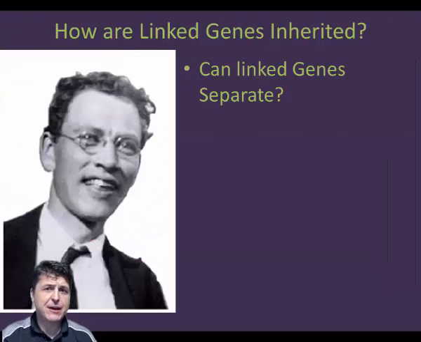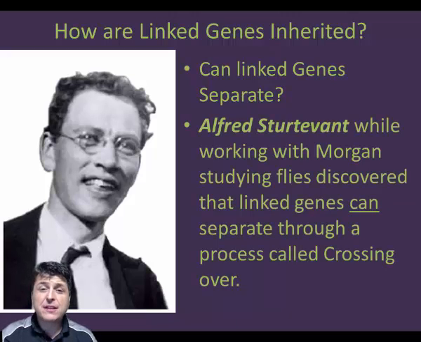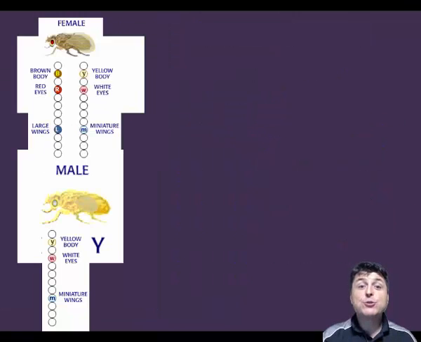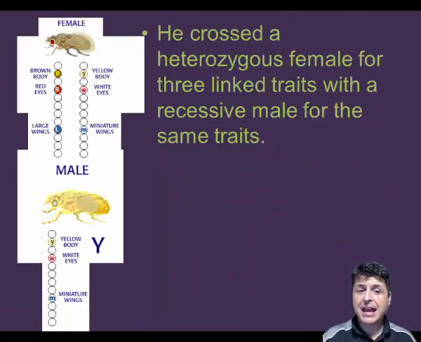So if genes are found on the same chromosome, is there ever an opportunity for them to separate? Well, the answer to this lies with meiosis and the process of crossing over, which was discovered by Alfred Sturtevant while working with Thomas Hunt Morgan in the fruit fly room. To observe the process of crossing over, Sturtevant crossed a heterozygous female for 3 linked traits with a recessive male